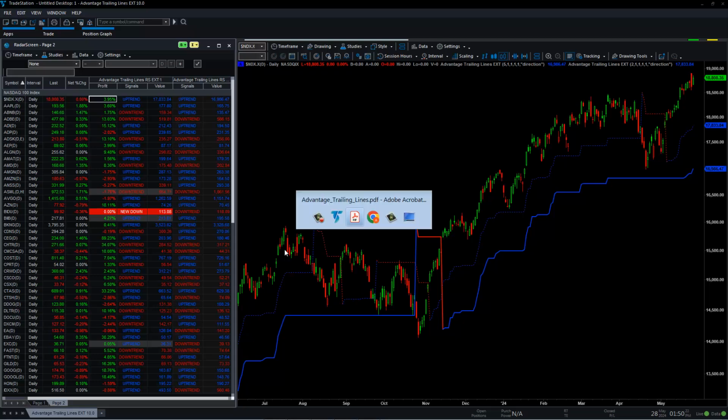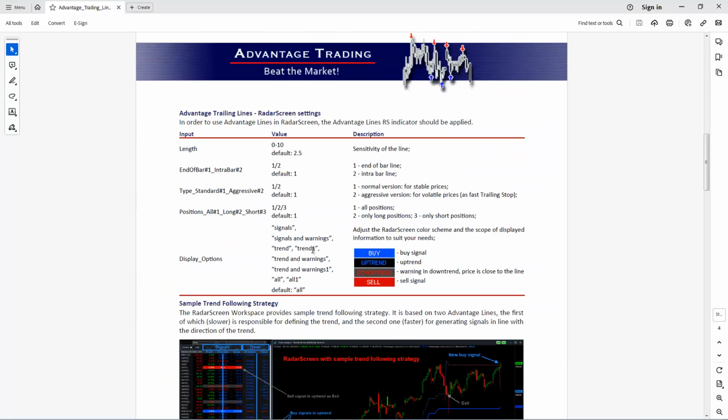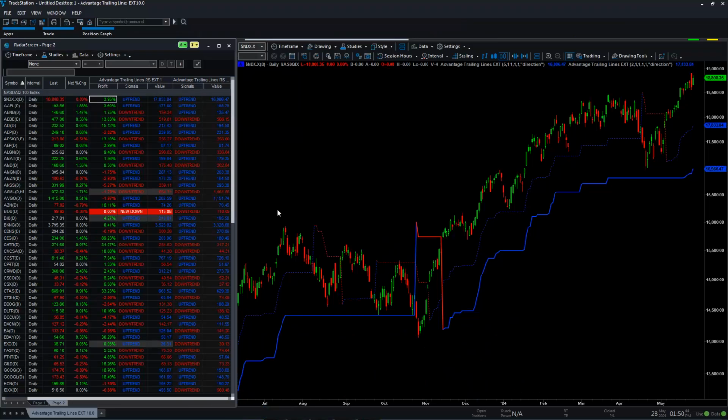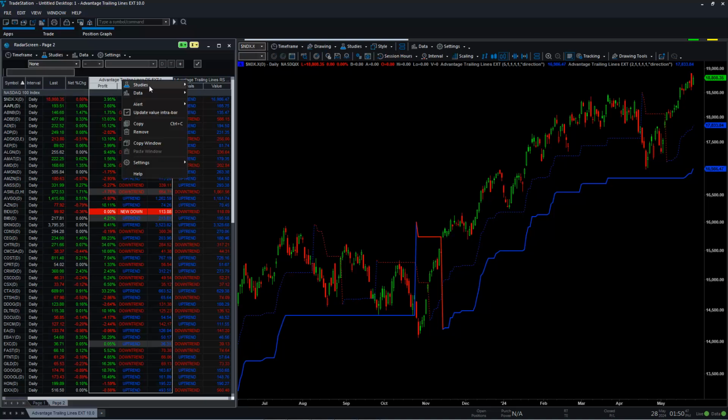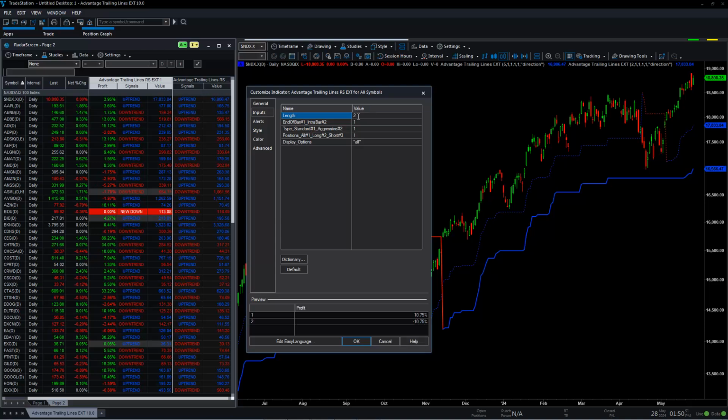Let's go back to the PDF. Here with radar screen, you can also customize your output, your options, the signals or trend or whatever you would like to see. So let's play with this a little bit. Let's play with this indicator. So the length is set to end of bar, standard for all positions, and right now we are seeing all options. If you choose signals only,